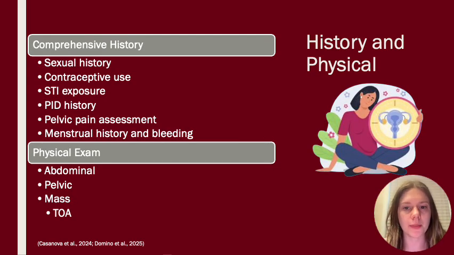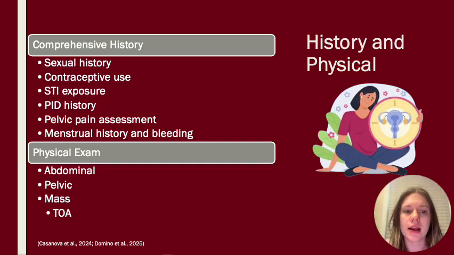We need to go over the patient's history and physical. So for the comprehensive history, we will discuss with the patient their sexual history. If they're using contraception, we want to make sure they are not exposed to STIs. So once again, that kind of correlates with the contraceptive use. And if they have any partners that have STIs, we want to ask them if they have any history of